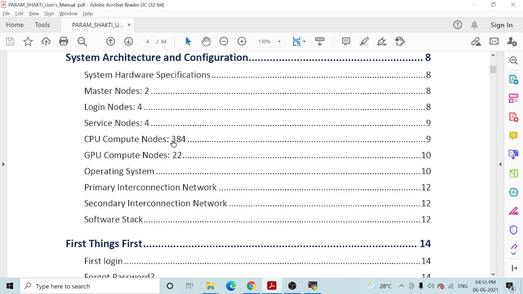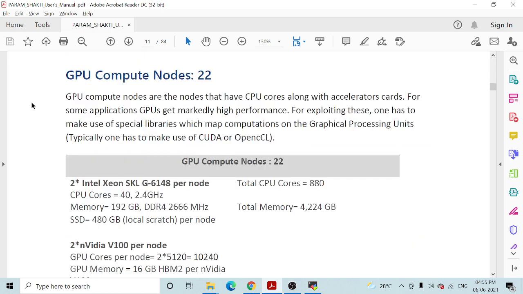There you have 384 CPU nodes and 22 GPU nodes. I will just focus on GPU nodes because all we need is a GPU for training your neural network. As far as Param Shakti is concerned, there are a total of 22 GPU nodes available, and each node has two NVIDIA V100 graphics cards.